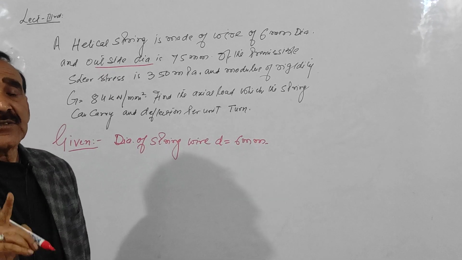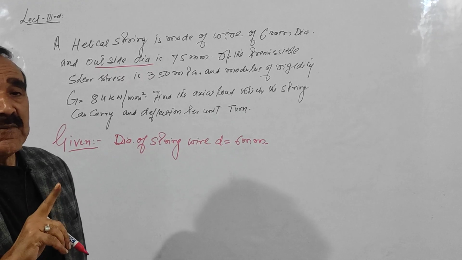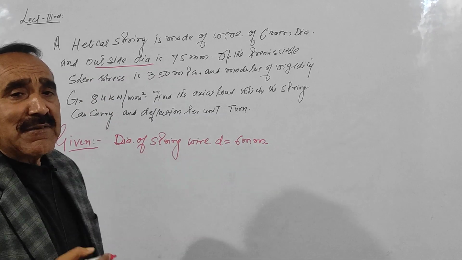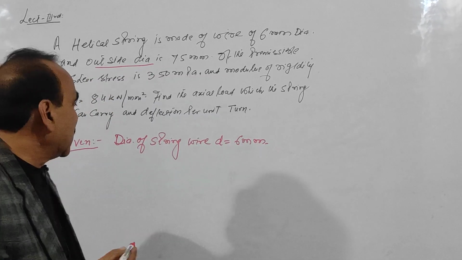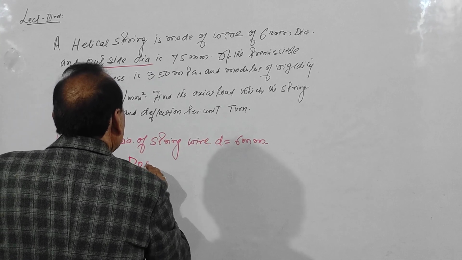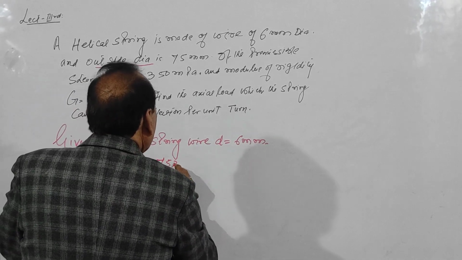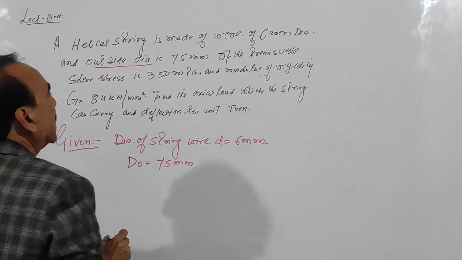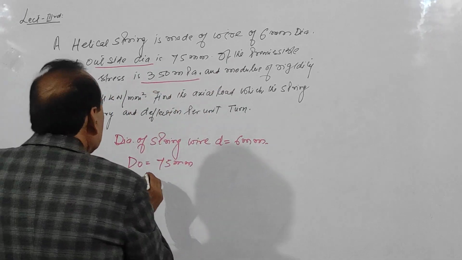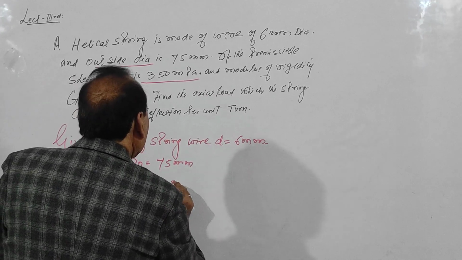You must not confuse yourself that this is the mean diameter. No, mean diameter is not given. So this is the outside diameter of the coil, which I will denote by D naught. So you can say D naught. This is the outside diameter of the coil. This is given as 75 mm. If the permissible shear stress is 350 MPa, so permissible shear stress tau is given as 350